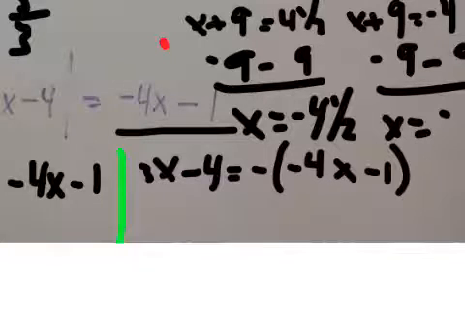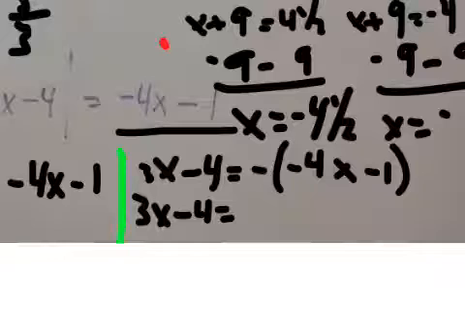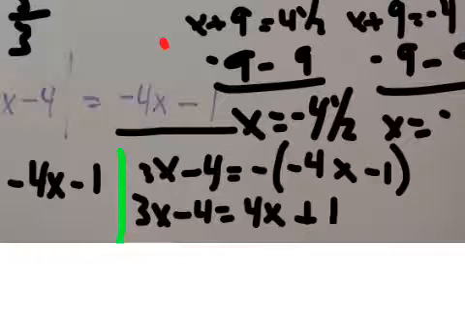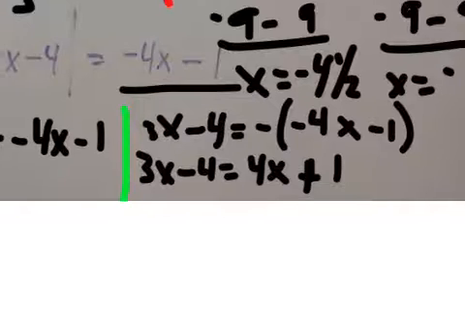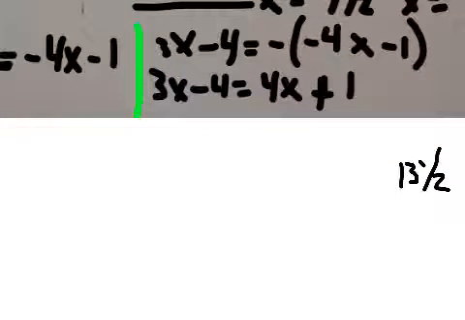Okay? So we're going to get 3x minus 4 equals negative 4x plus 1, because you distribute that negative through to both. And then to just finish it up and get our answer for both of these, you're going to have